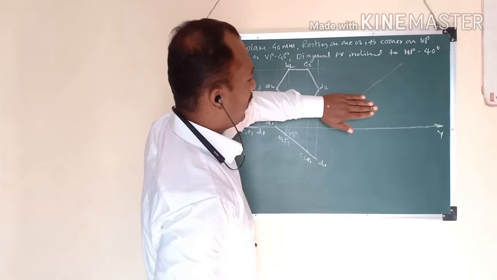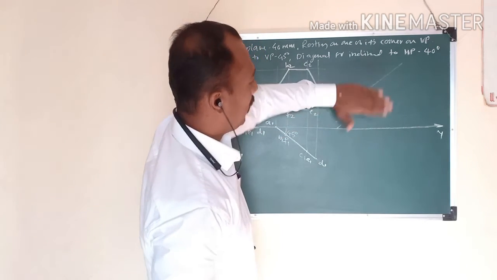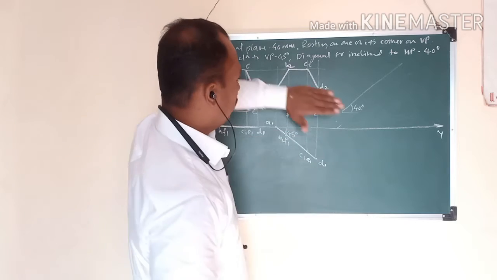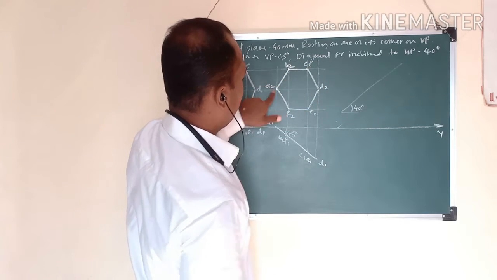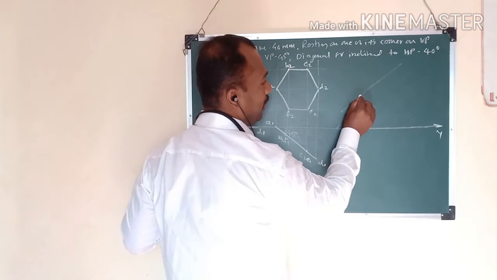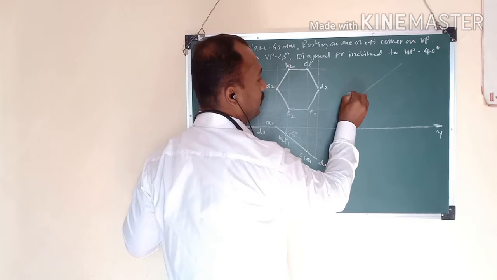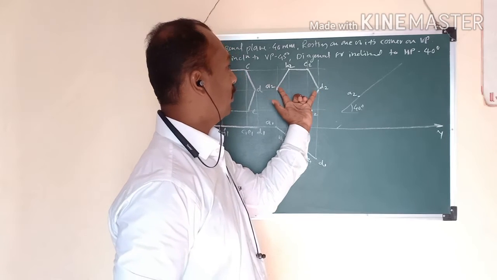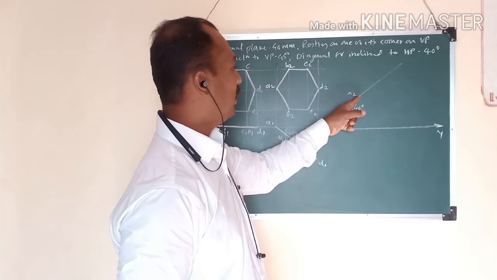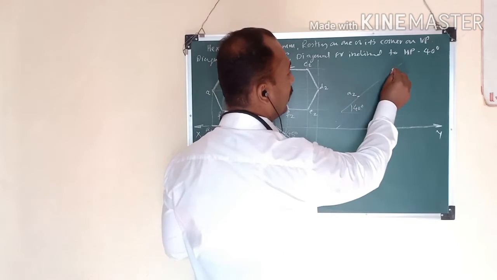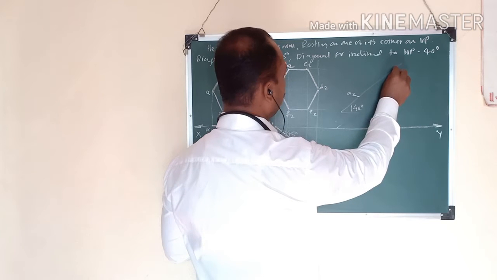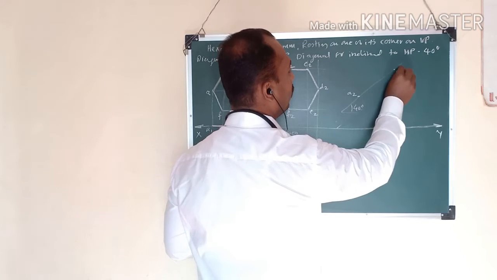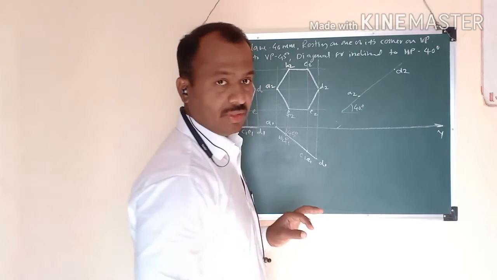So we can rotate it like this also and like this also, right? But now we rotate like this. So A will be here. यहाँ पे A हम यहाँ पे plot करेंगे. This will be A2, right? Then take A2 to D2 distance in compass. A2 to D2 compass में ले लिए. A2 पे compass का point रख के यहाँ पे cut कर दीजिए. This will be D2. Okay?